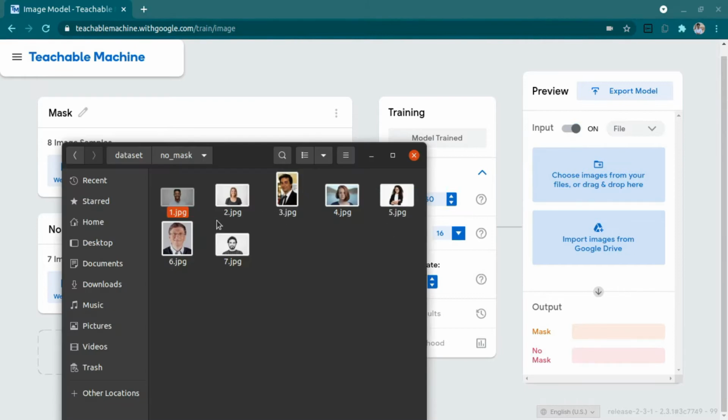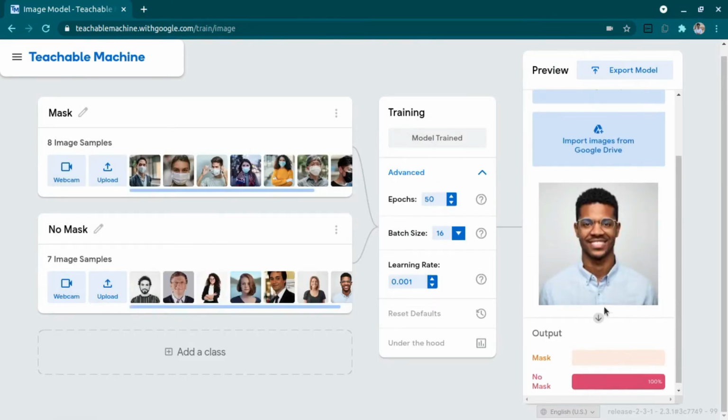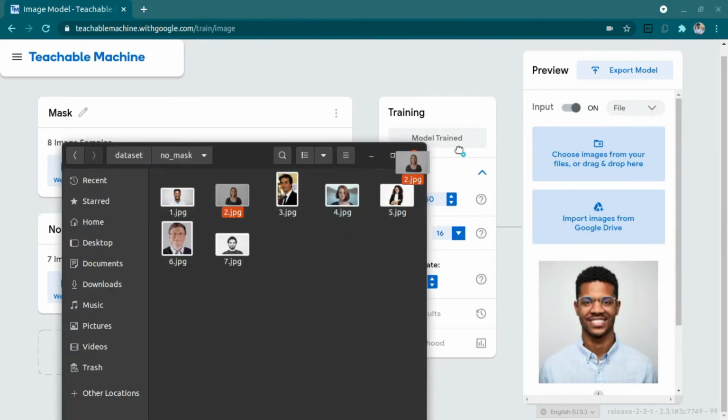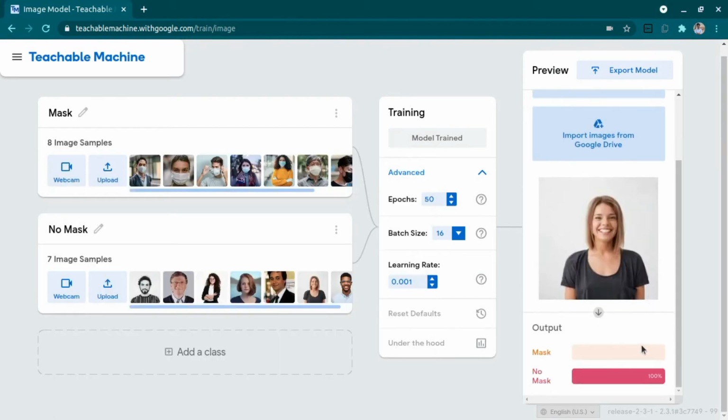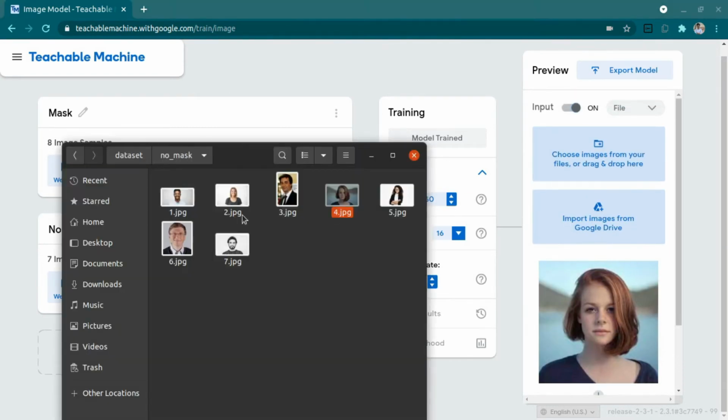So now it's on. I can upload the image, and yeah, it is no mask. It is detecting it perfectly with 100% score. Let's test one more. It is again perfect. One more, and yeah, it's good.